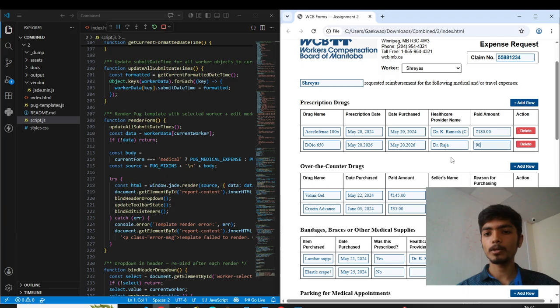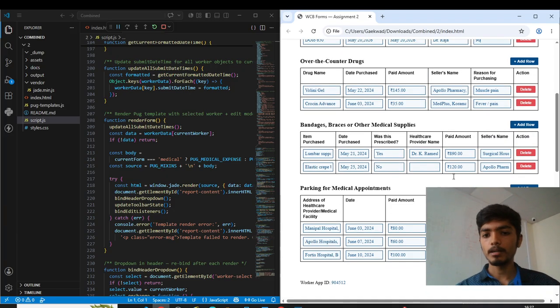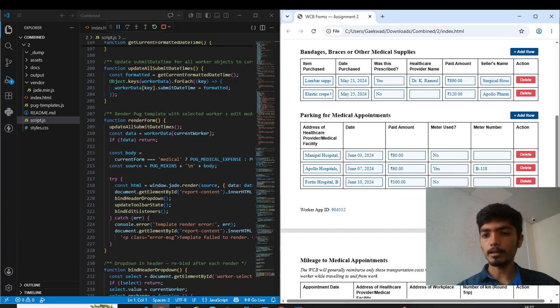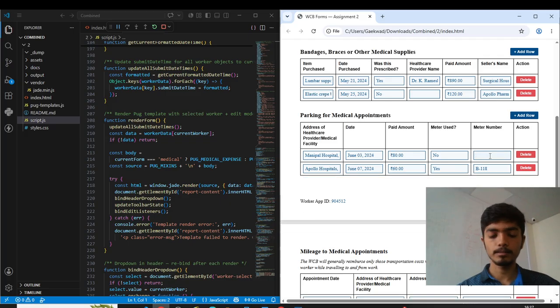The same edit operations can be done in the rows below, and I can also delete a row and edit it like that.